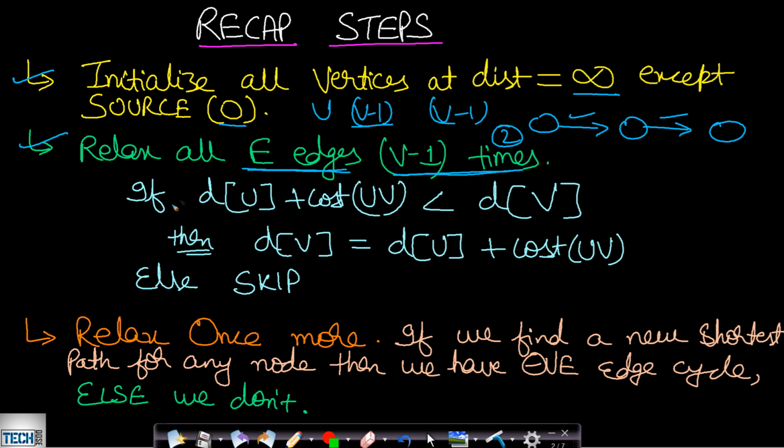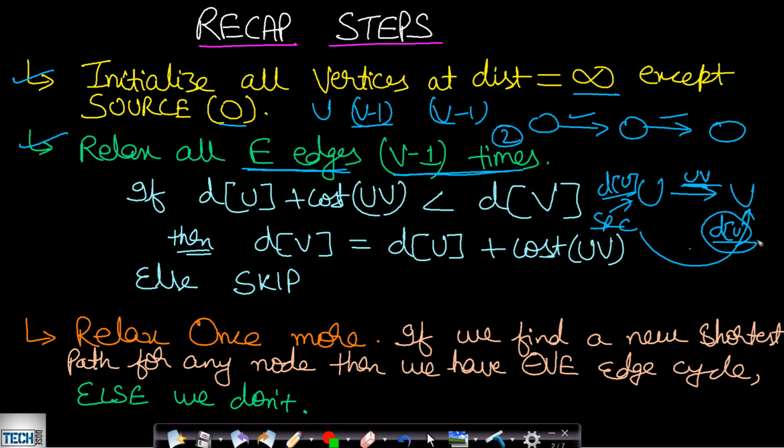Now the condition for relaxation will be like this. If we are at a node u and there is an edge from u to v, then being at u, from source to this u there was some cost which is du. From this u to v there will be an associated cost, which will be the edge weight from u to v, and at v there might have been some other path to reach this v, and that cost was dv. Now if du plus uv is less than this dv, then this dv, that is the distance at v, will get updated to du plus the cost at uv. Otherwise, if the new path is not lowering the cost, then we will simply skip it.